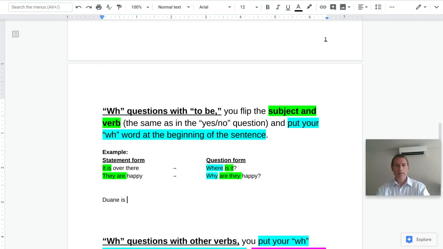Dwayne is in front of the computer. Write a question and pause so then you can check it. So after you write the question,